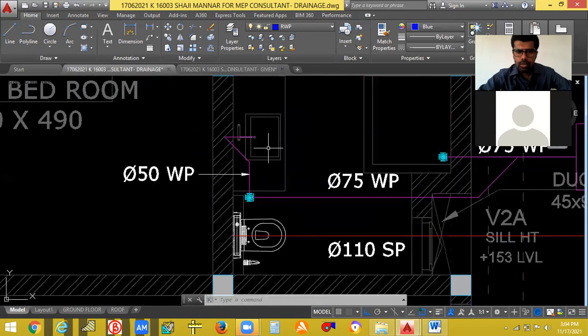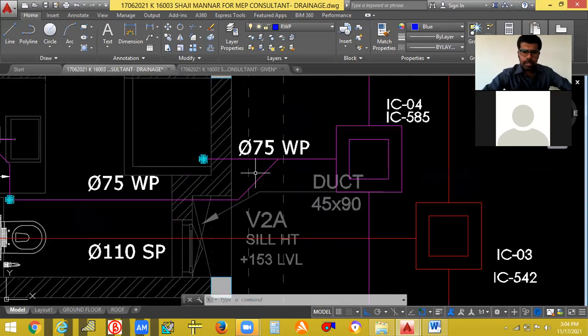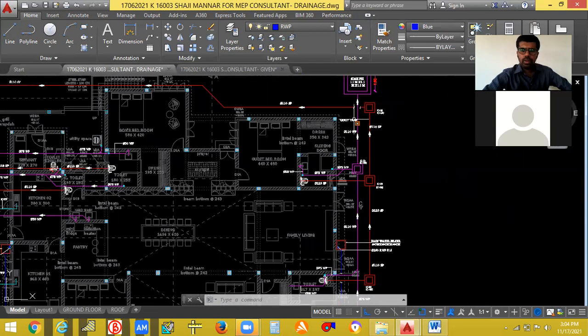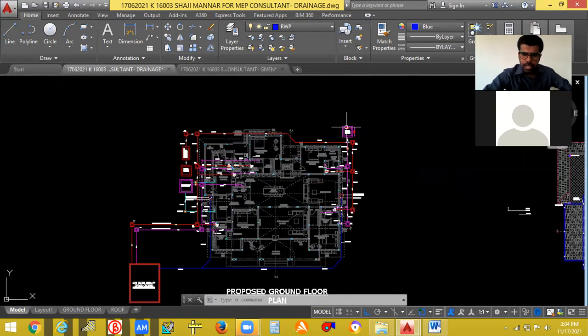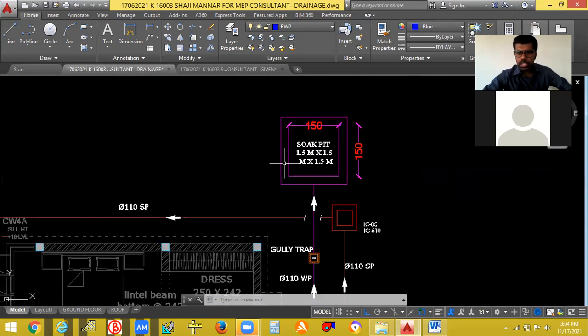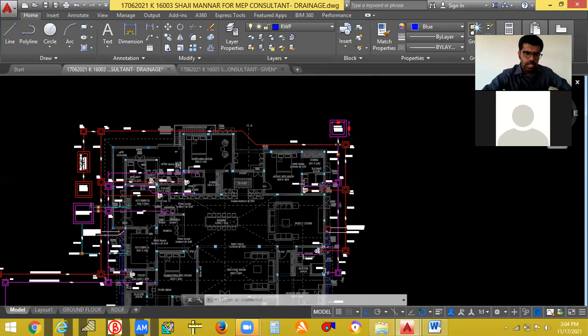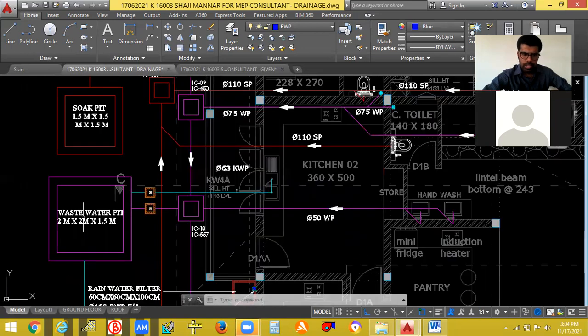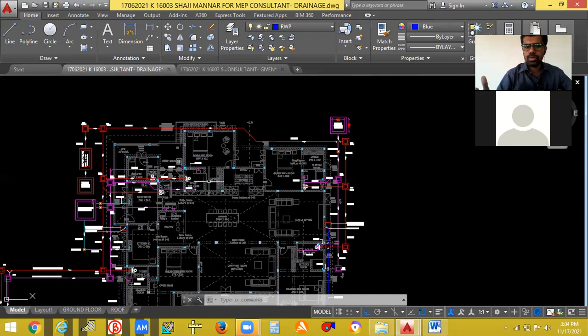Okay. So here there is a wash basin. Always the wash basin line should be connected to the floor trap. Okay. From the floor trap you have to connect and you have to give it. Finally you connect it, but it is very difficult to take the line from here and rotate it and give it here. That's why I have given a separate outlet to this area and a separate outlet to this area for wastewater. Okay, you can give like that also. If you are taking the line from here, this much pipe will be wasted. For the septic tank, they said that you can give only one side. I have given like this.